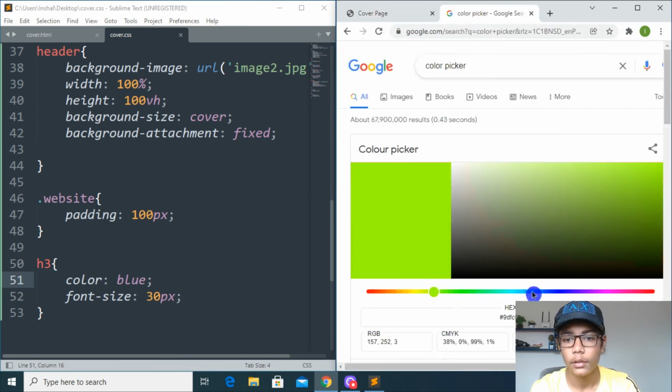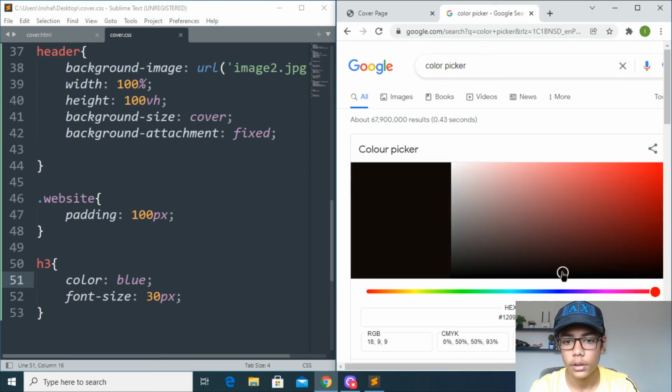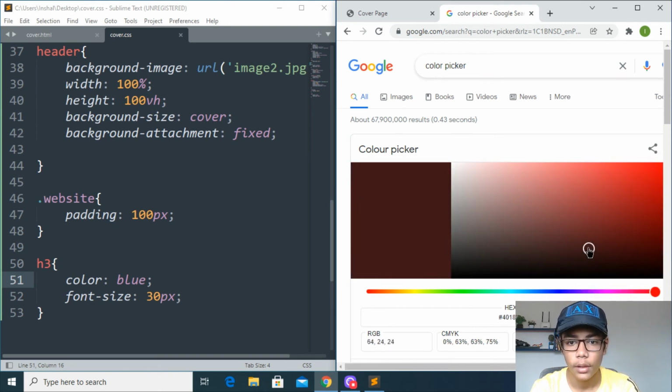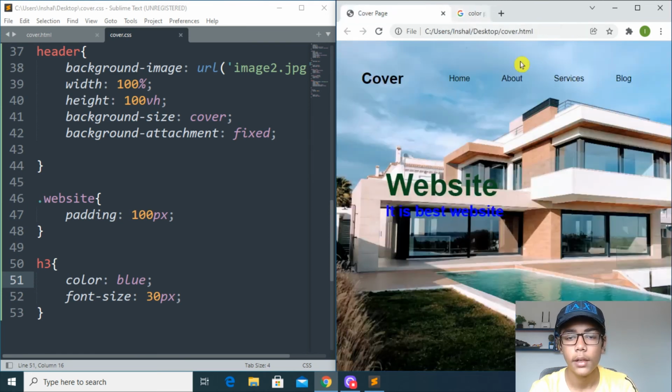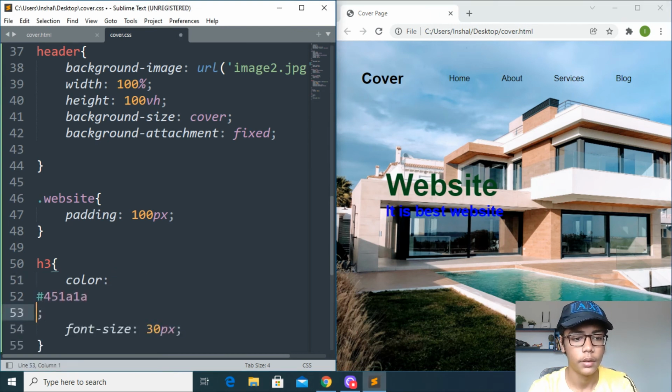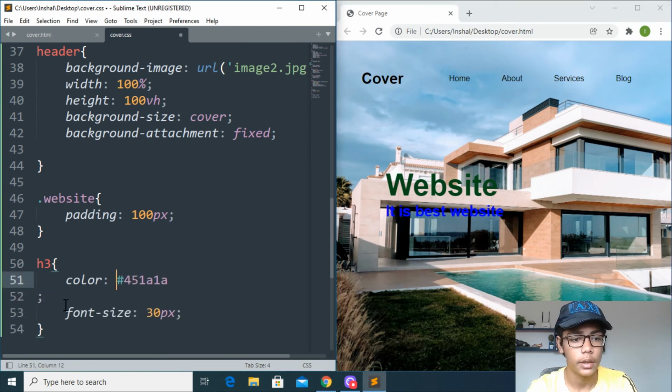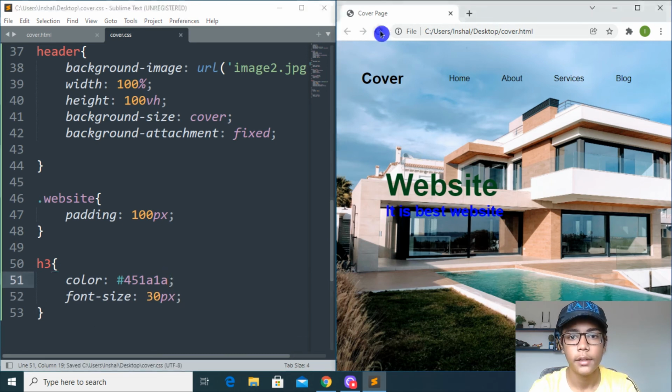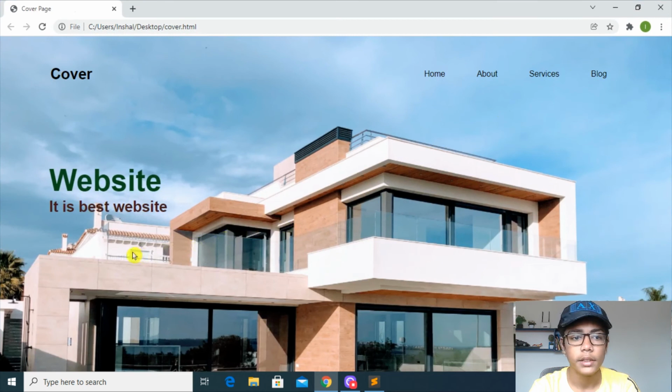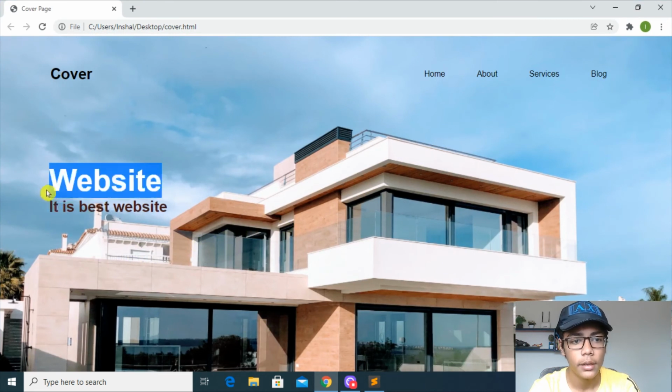Like I'm telling you, from the color picker you can pick any color, because it can give you dark or other colors. So like that I will be picking this one, saving that here, and then here you have to just put this one. You have to do one thing, take it back, and this thing also, and then save that and reload. So you can see we are getting a color here and it is looking good.